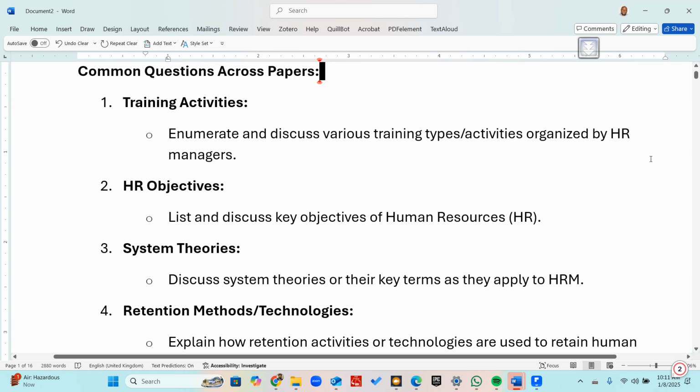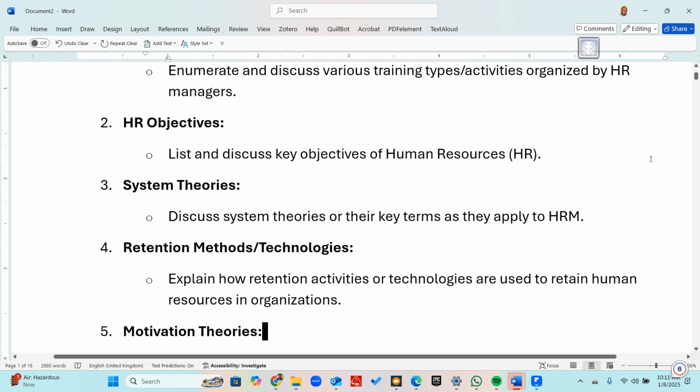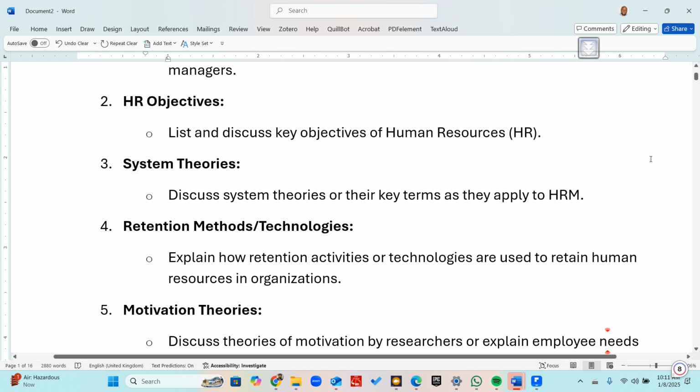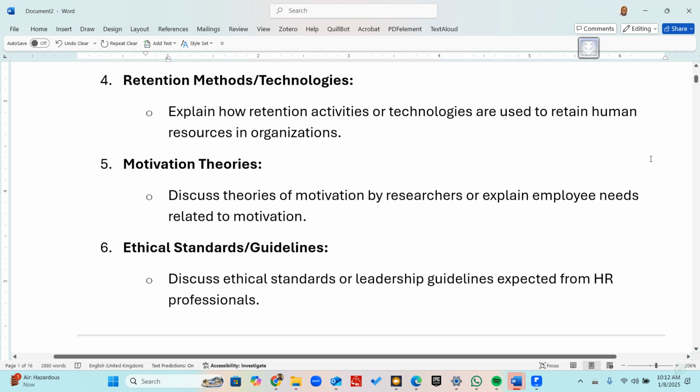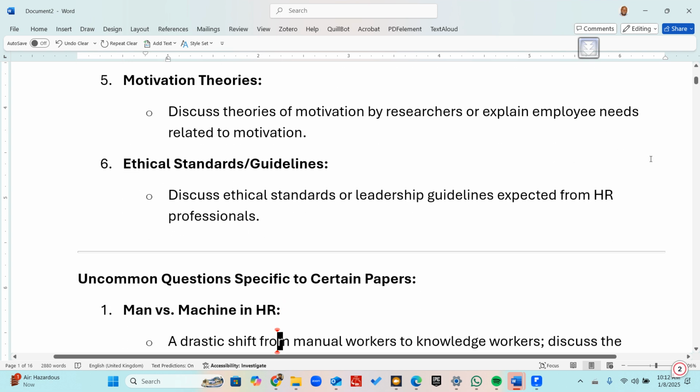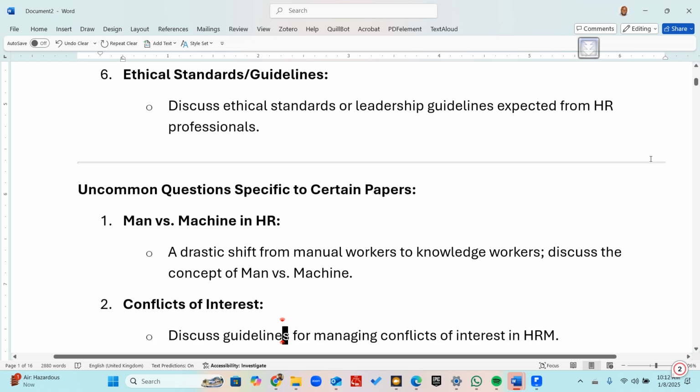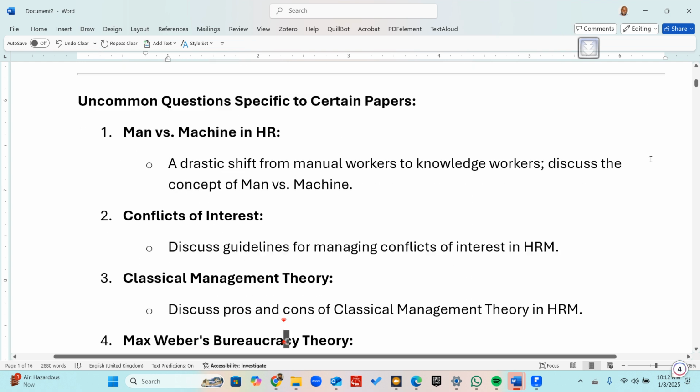First, let me start by telling you that the common questions are divided into training activities, HR objectives, system theories, retention methods and technologies, motivation theories, ethical standards. While the uncommon questions usually are man and machine in HR,